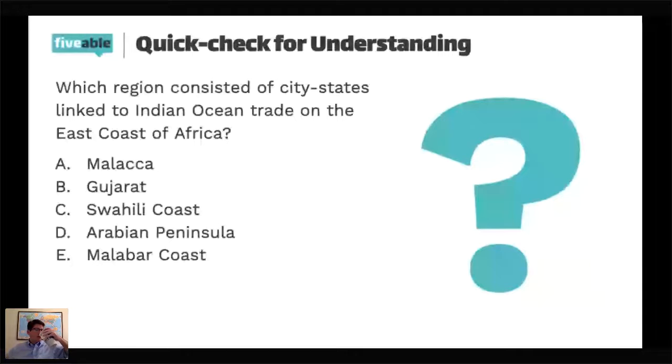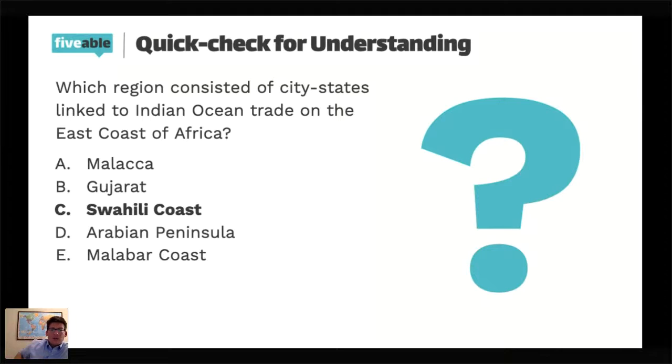Taylor's our first one to get it correct. Joshua, right out of the holster, thanks for piping in, and already sees the error. But I had a feeling that somebody was going to do that because it was the first one, and we had just gotten done talking about Malacca. So actually, I did exactly what I hoped. So east coast of Africa, we're talking about the Swahili coast. Malacca, again, is in Southeast Asia, Gujarat in South Asia, or modern India, the Arabian Peninsula, the Middle East. The Malabar coast is along the southeast coast of India.